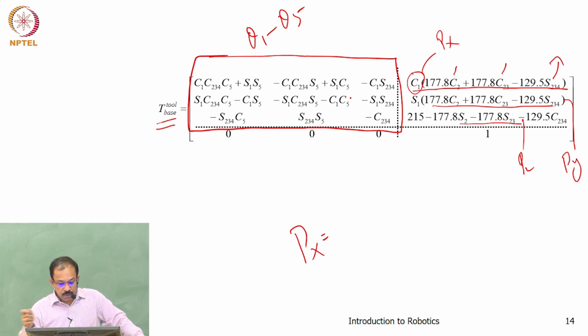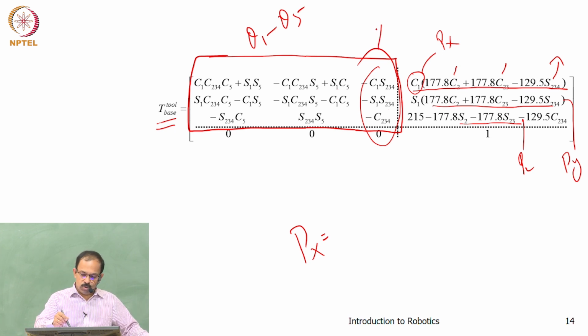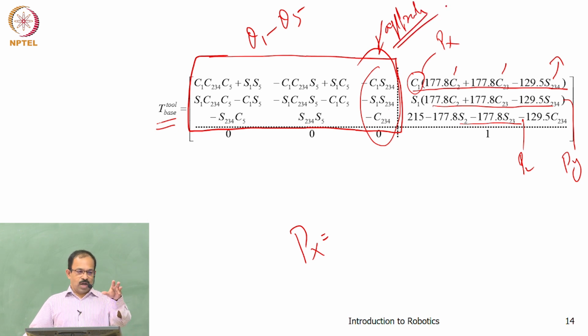Yes, this one, right? So why is it so? What is this vector? This is an approach vector. I am holding this approach vector, and any rotation about it is not going to change it. It's going to be the same one. So theta phi is not going to affect along that axis. This vector will remain the same even if I rotate like this. But if I rotate with respect to this, then the vector is changing. That's why the approach vector is not a function of theta phi.